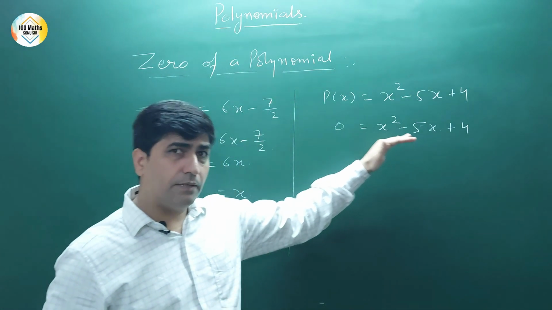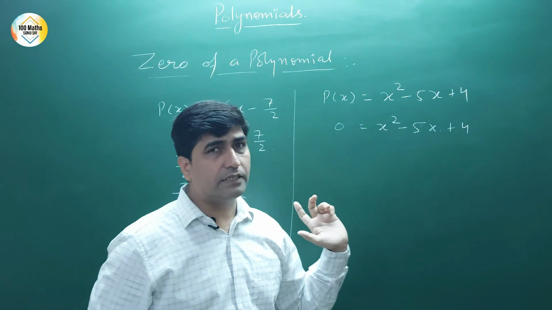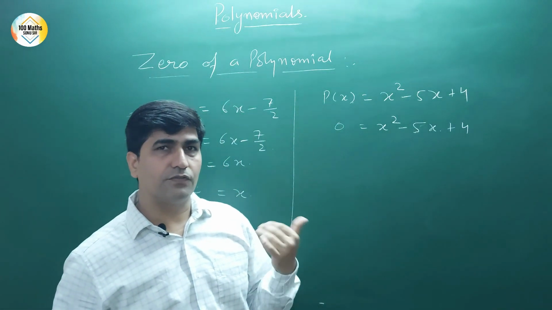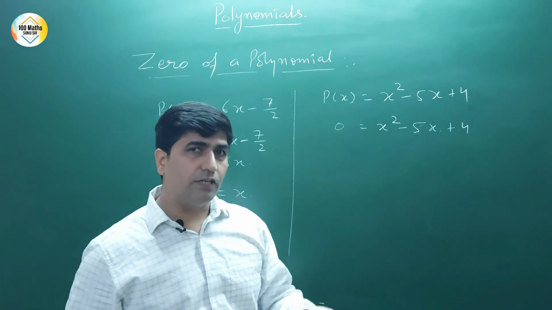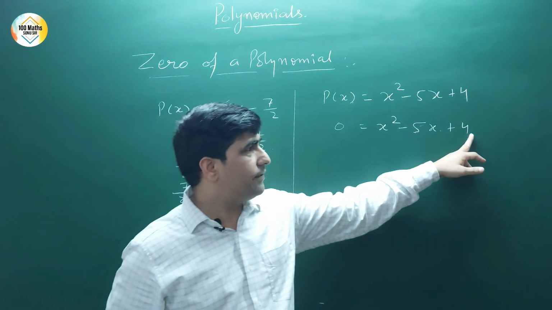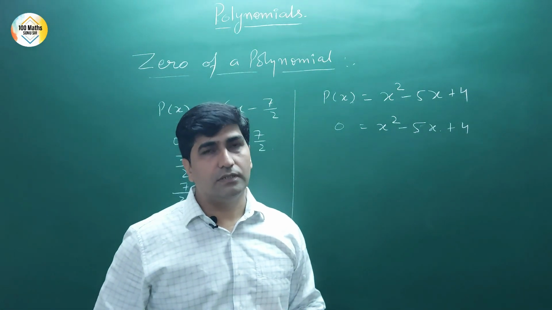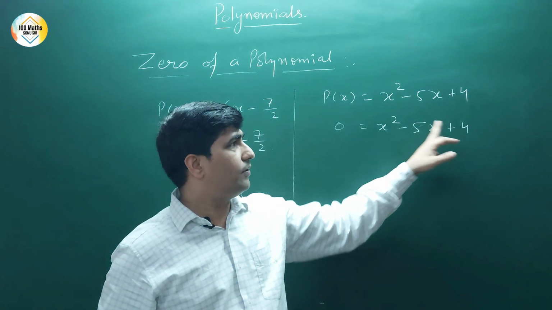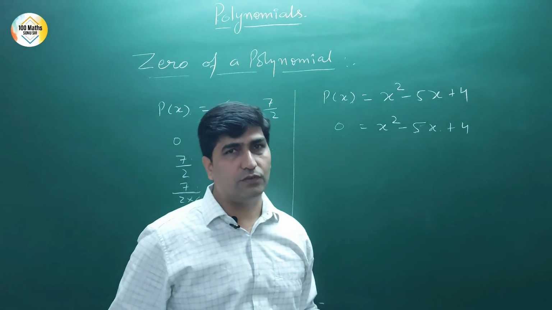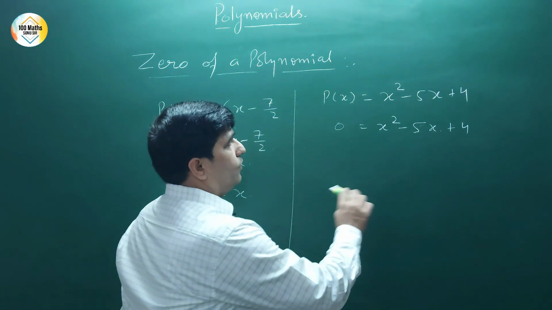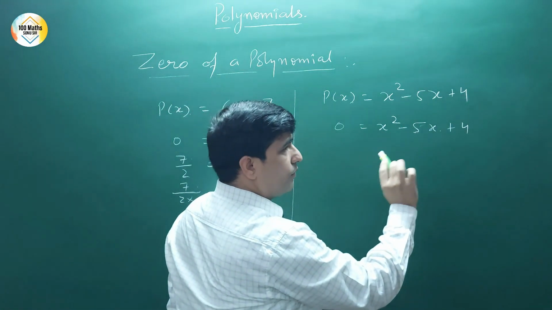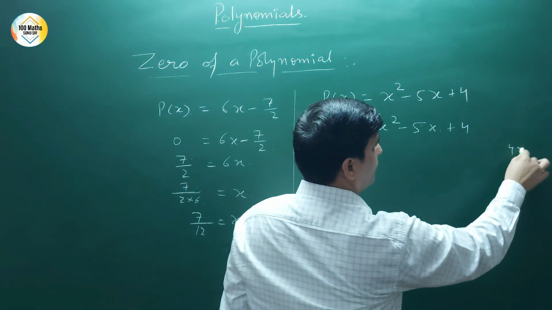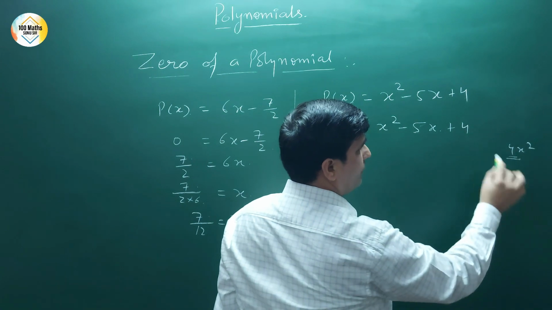Okay, I am solving it here. I am making the two factors. What do we do in this? We will multiply the last and first term, which is giving us 4, and then we take the pair of factors of this 4 in such a way that their sum is equal to the middle term. If the product is coming positive, we take the sum. If the product is coming negative, we take the difference of these terms. Okay, so the product is coming 4, and because it is positive, right? So the pair of factors: 4x square, and then we take the pair of factors of 4.